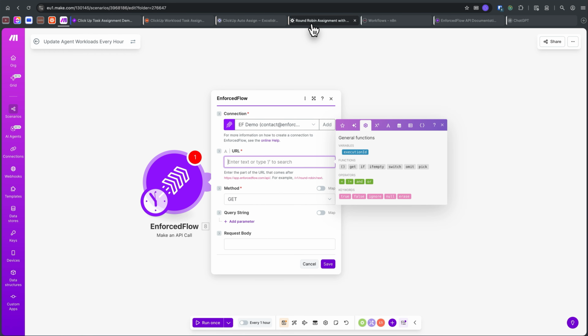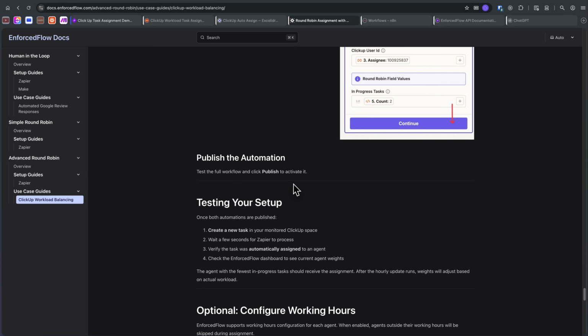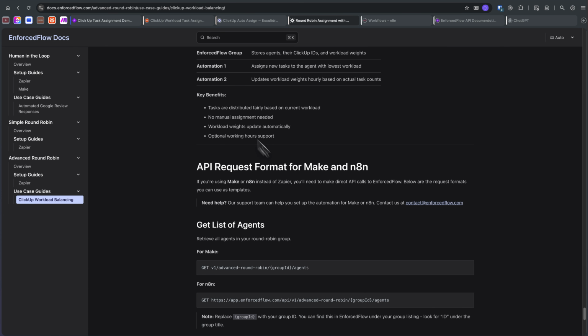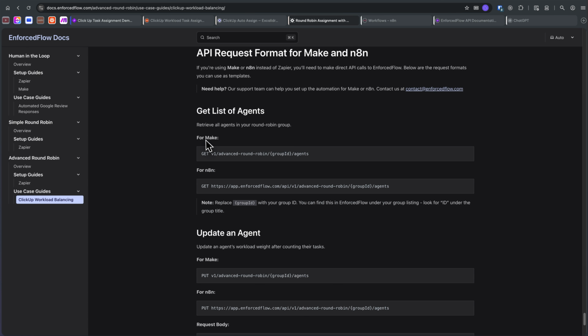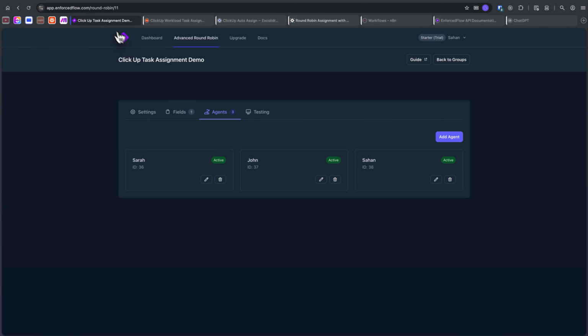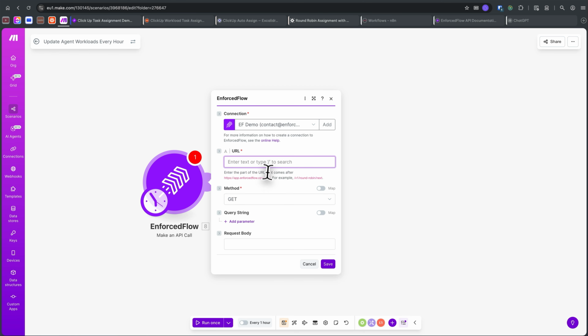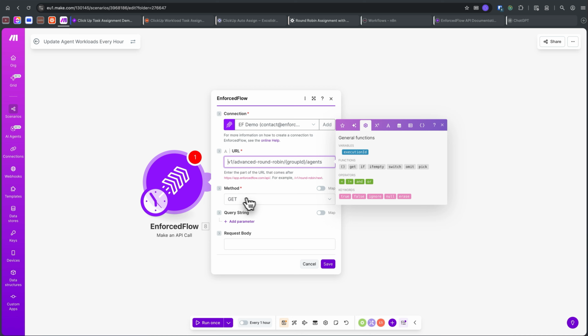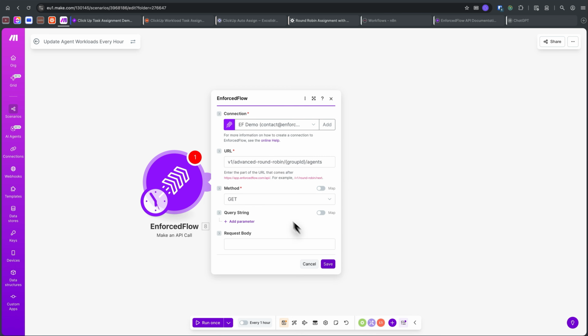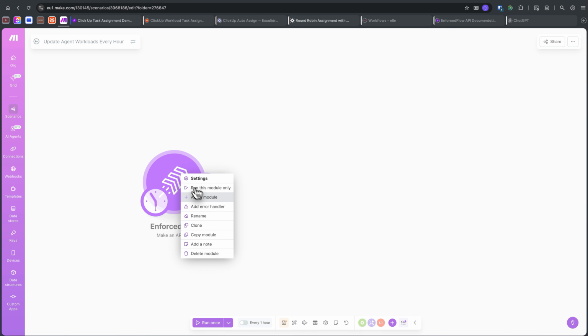Now for URL, in the guide, if you scroll all the way down after the Zapier stuff, you can see a template that I have provided for the API request for both Make and N8N. Now for Make, just copy this part right here, just that part without the GET piece, and the method is GET. You don't need to fill out anything else. Make sure the connection is set correctly, and if I run this,